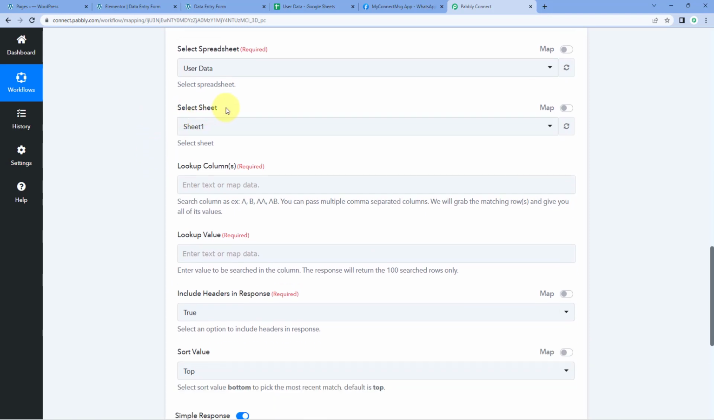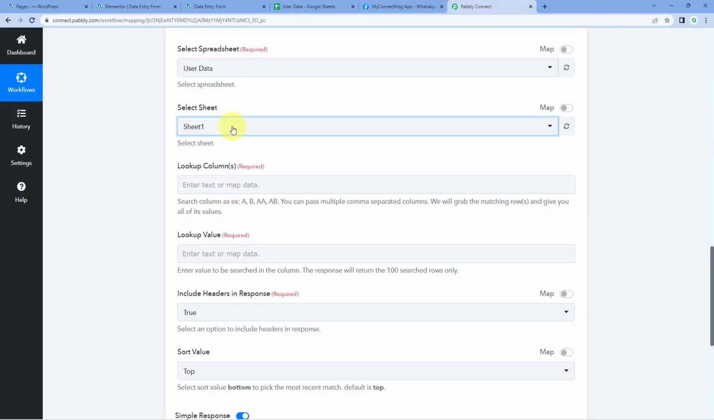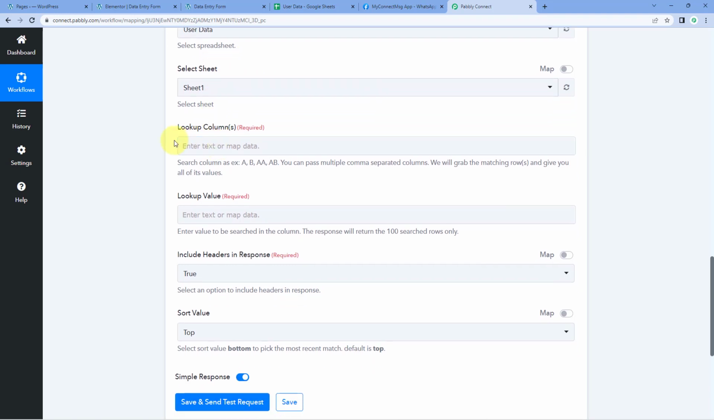Then it is asking us to select the sheet. So here in this spreadsheet, as you can see right now, we have only one sheet named Sheet1. That's why in Pabbly Connect, from the dropdown, we will just select Sheet1. Instead of this, if your spreadsheet has multiple different sheets, whichever sheet has the details or the data of the user, you have to select that same sheet over here. After that,